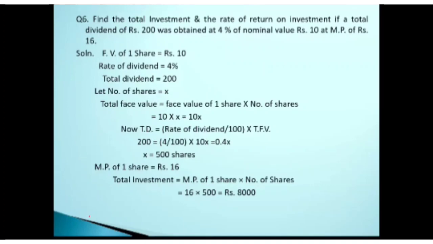So once you get the total investment, you have already been given the total dividend within the question itself. So you have to apply the formula now for the rate of return, and that is given by total dividend divided by total investment into 100. So total dividend is 200 divided by total investment, which you just got as 8,000. So it is 200 divided by 8,000 multiplied by 100. Two of the zeros get cancelled, and on calculation you will get the answer. What answer are you getting? Yes, correct. It is coming to be 2.5 percent.